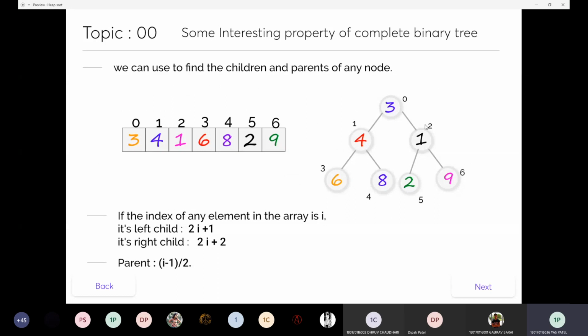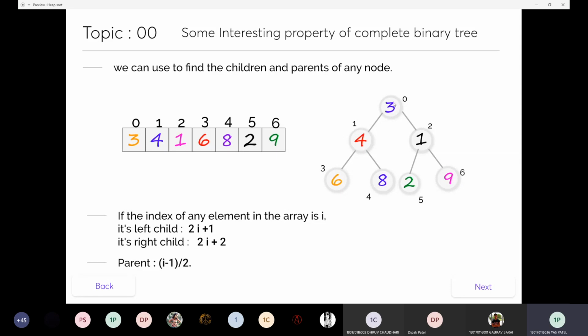First, let's talk about the binary tree. A binary tree is a tree in which a parent has a maximum of two children. A parent has 0, 1 or 2 children, so there won't be any 3 or 4 children. Maximum 2 children. What about the complete binary tree? We have seen that in the binary tree there are a maximum of 2 children, but in the complete binary tree, exactly 2 children.